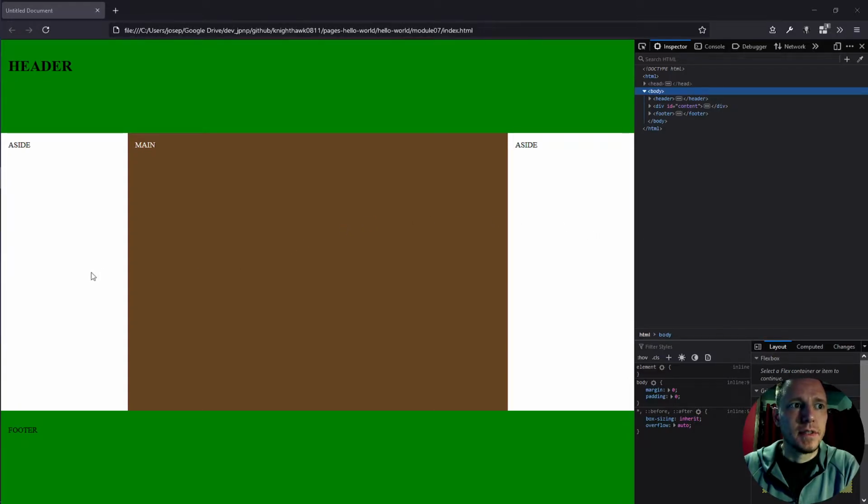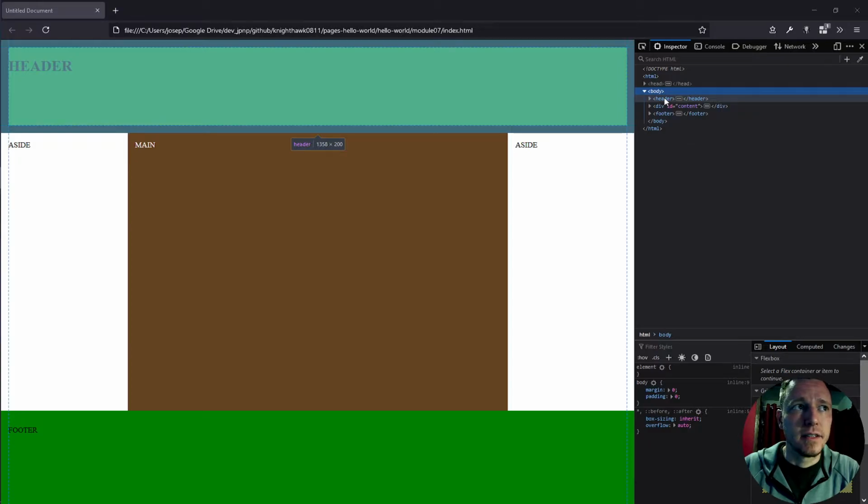This particular one is not the most robust of Holy Grail layouts. Right? In order to make a really good one, I would prefer using something like a grid. This one is much simpler than that. We'll take a look at how it's built, and then we can move from there into the future. Right? So first,